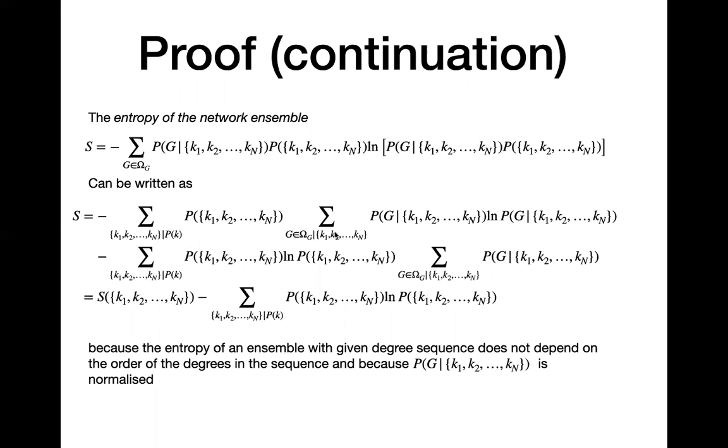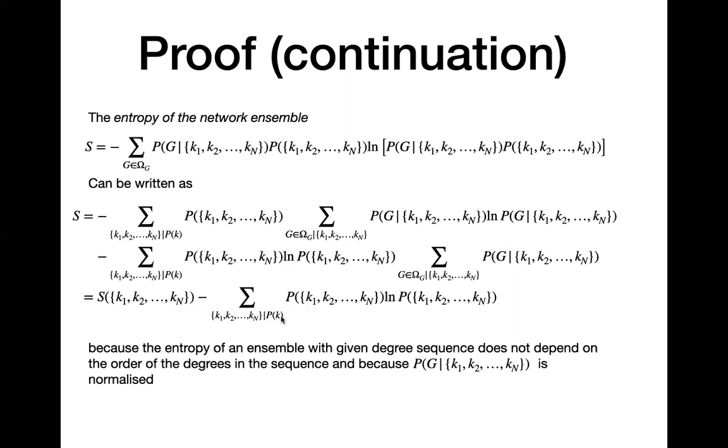So this first term is just the entropy of the network with given degree sequence. And the last term, given that this quantity is normalized, is practically the entropy associated with the probability that I observe a given degree sequence given a degree distribution pk. Okay. So it seems complicated to explain, but if you use pen and pencil and try to do the steps,